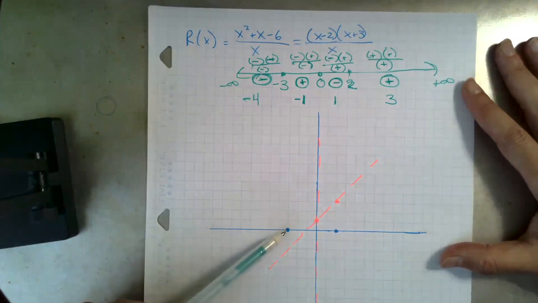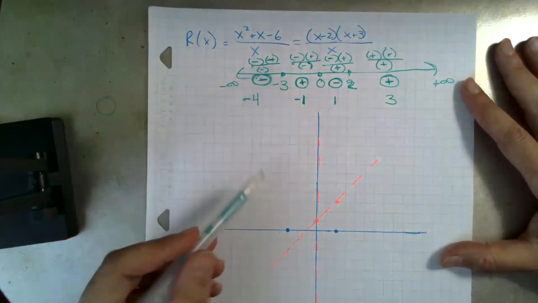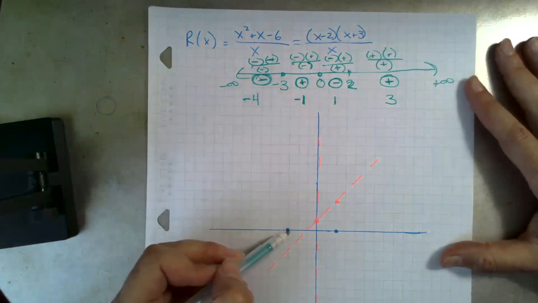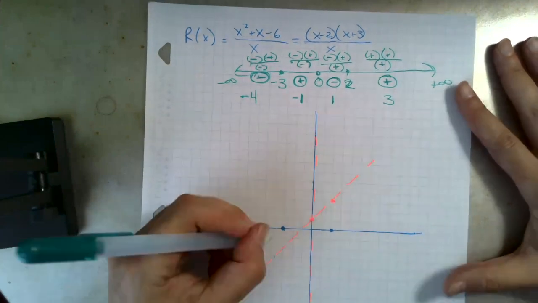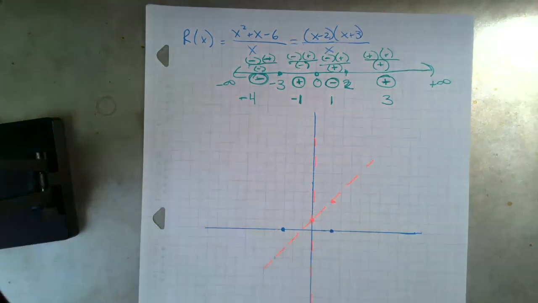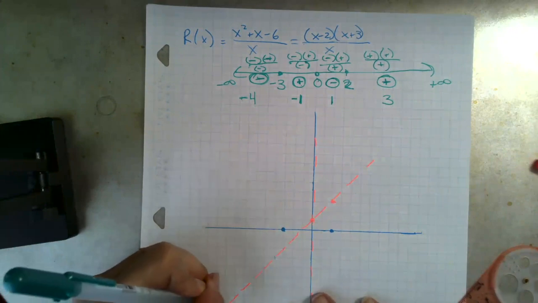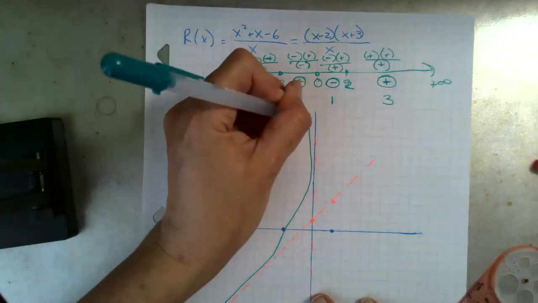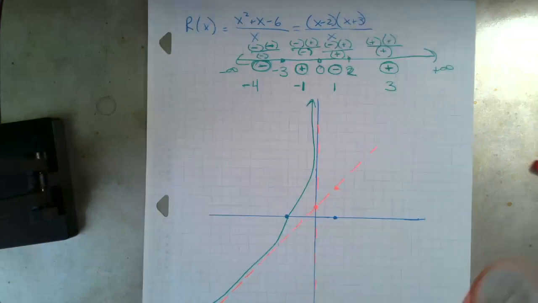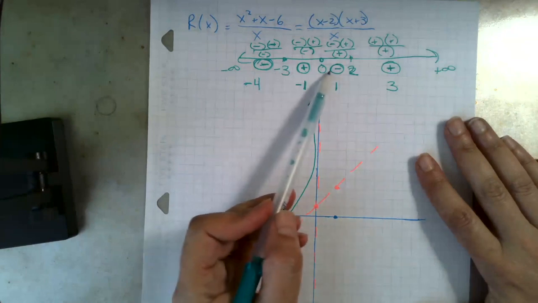So over here in this range, I can expect negatives. And then I know I pass through this point and it becomes positive at that point. So I'm bounded over here by this, and I'm going to extend that line for myself. All right, so I can expect to come from the negative, kind of bounded by this line, and pass through here, and then continue up and be bounded by that line. And that takes care of my negative in the 0 to -3 range, and then positive in the -3 to